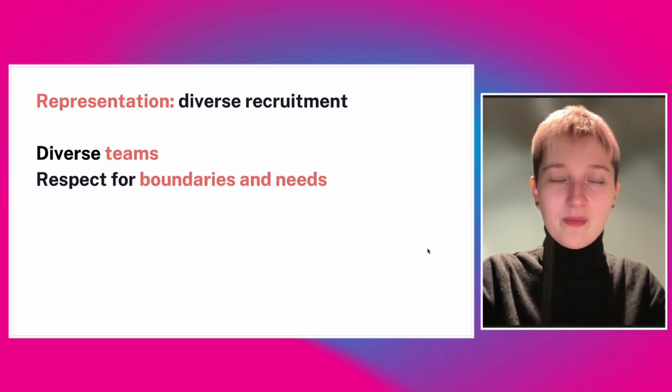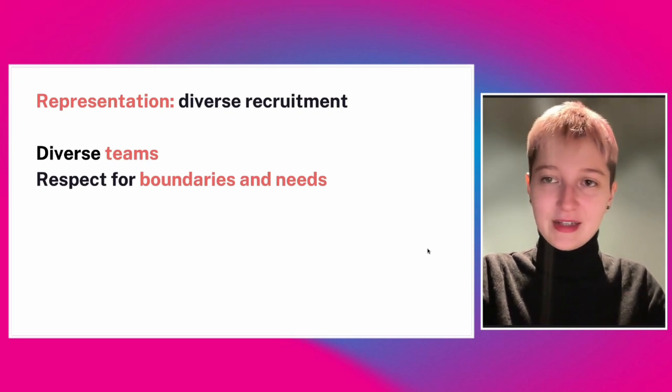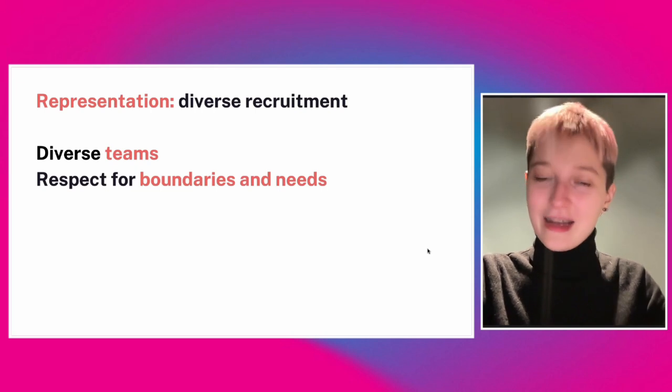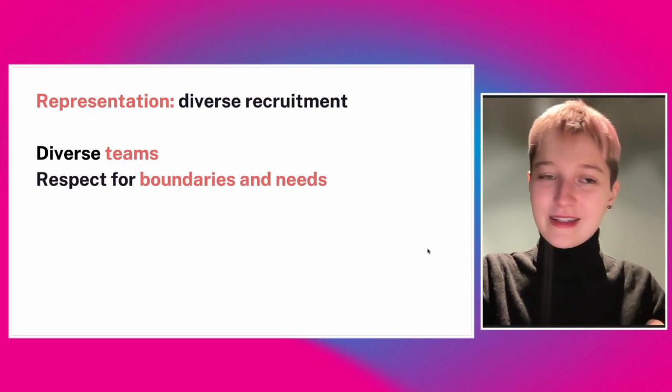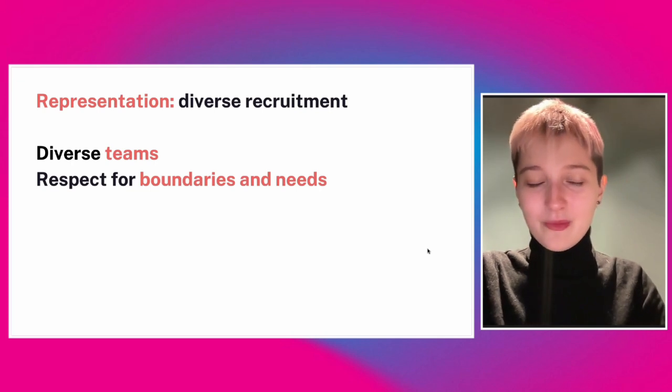I also work with a person who's colorblind, and I believe it's super helpful for designers. It really broadens your perspective. So I highly recommend hiring colorblind designers as well. And when it comes to working with neuroatypical people,